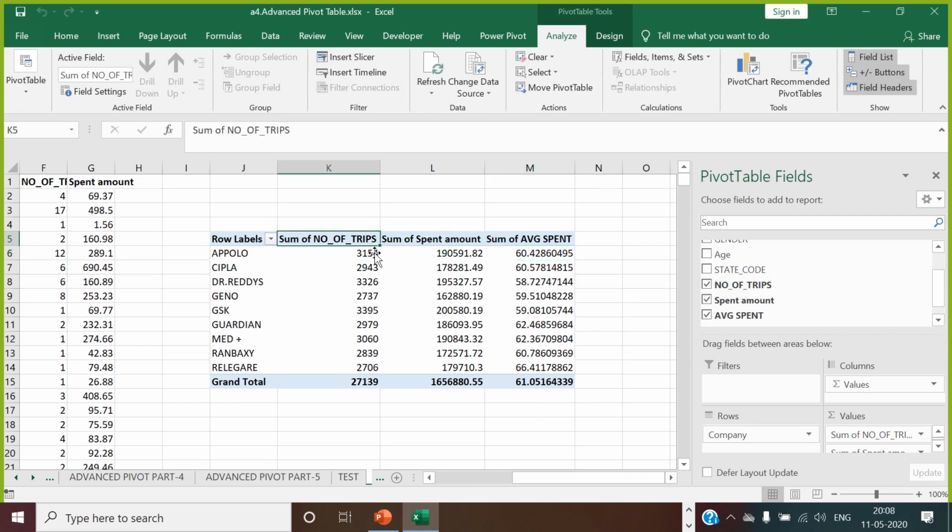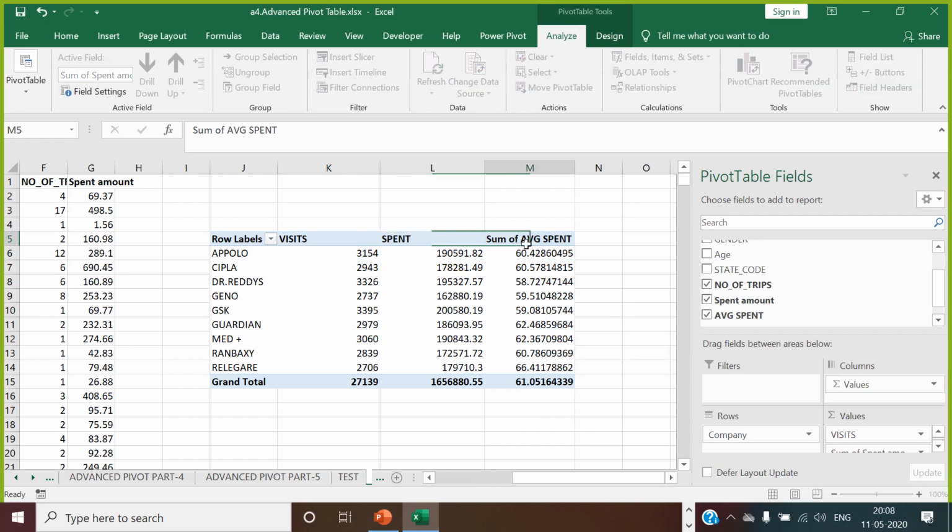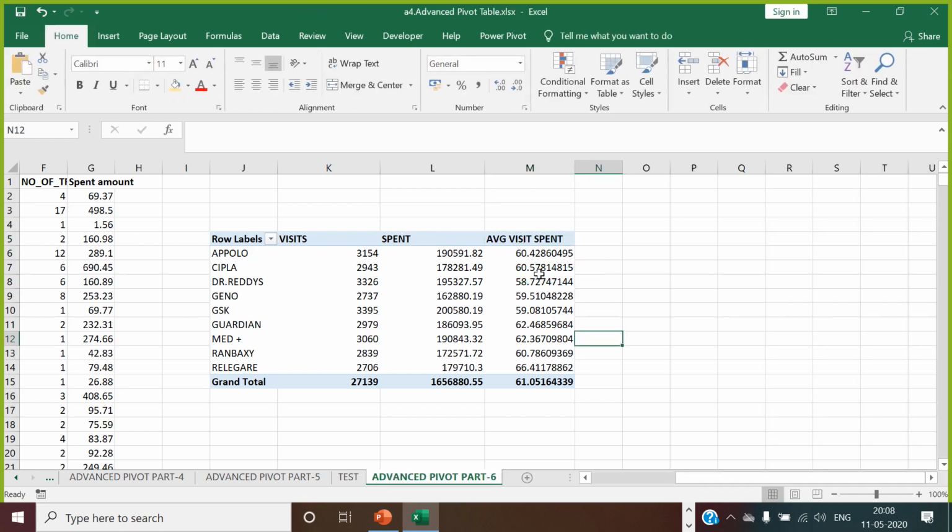How do you want to present this? This is called visits. This is called spend. This is called average visit spend. Got it?